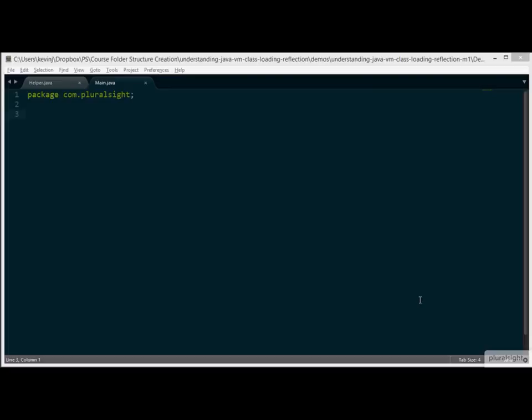To demonstrate the use of the class path in Java, we are going to write two simple Java files, Helper.java, which will have a getMessage method that will return a string, and Main.java, which will have a public static void main, and this will simply use the helper. The helper class will be a public class called Helper,